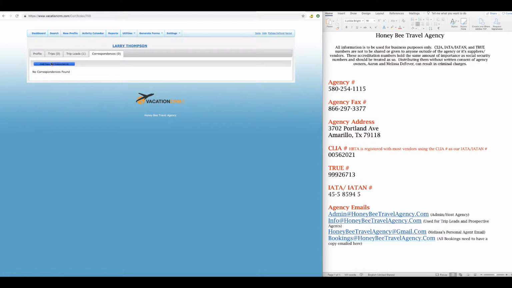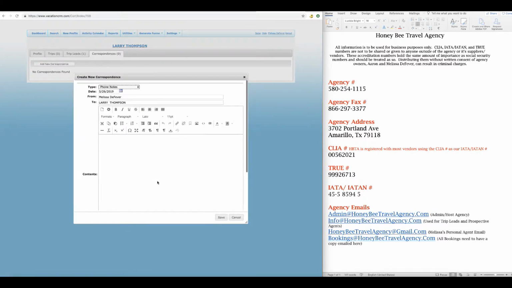Correspondences, there's nothing in there because we haven't made contact with him yet. But this is where I would go in, and I haven't figured out with their new program yet how to copy and paste into the correspondences. So I would basically type the conversation from Facebook, and I would put in the notes, the date that he contacted me, the 22nd, and he told me that day this is what he wanted, and I messaged him back and said, listen, it's going to be the weekend before I can jump on this, if that's okay. And he said yes. So then I would go in there and I would say,